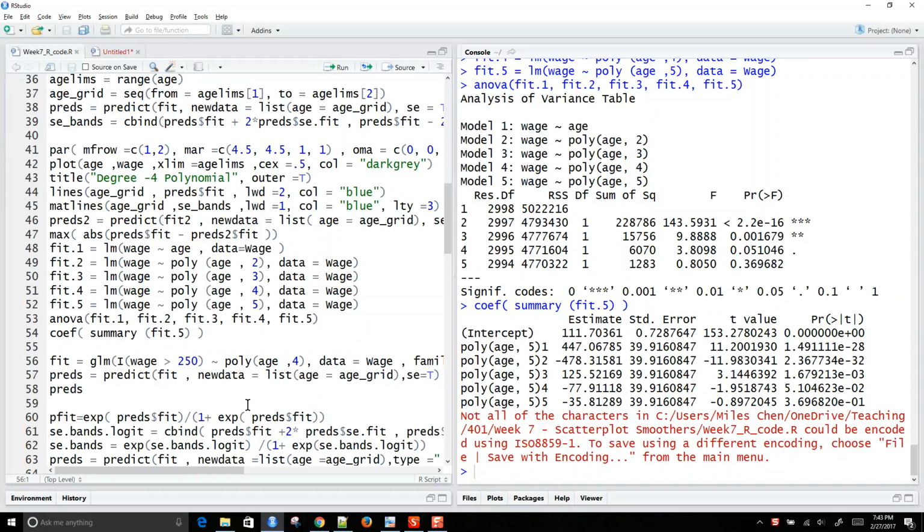$250,000 per year. R does some pretty cool stuff. You can use the I as the indicator function here for is wage greater than 250. It turns the true or false from wage greater than 250 into a 1 or 0, and now you can fit logistic regression. So you can do fit GLM, poly H4, data equal to wage, family binomial, and then do a summary of this fit. We see age is significant, and we can make predictions based on that